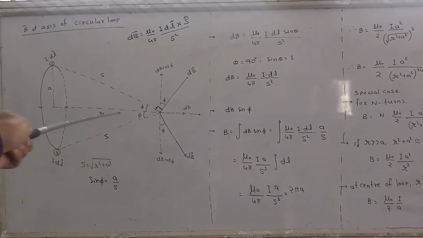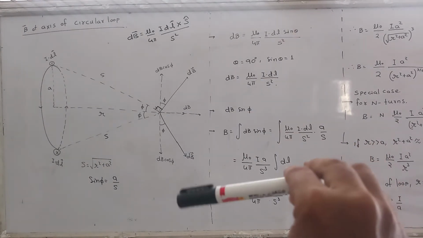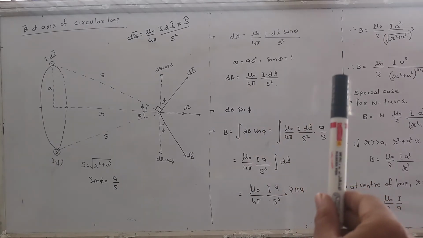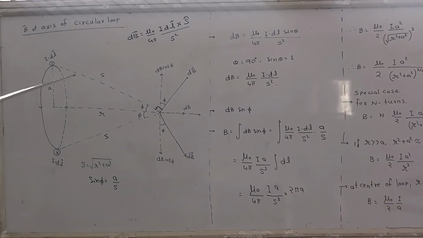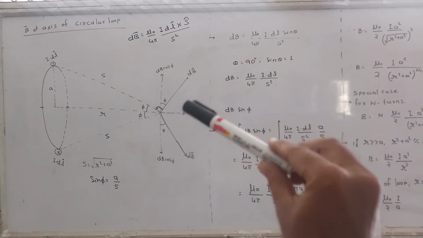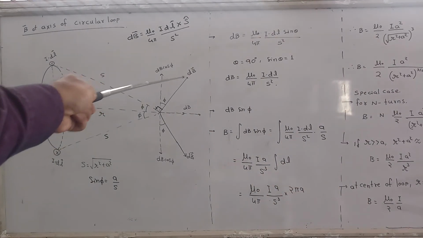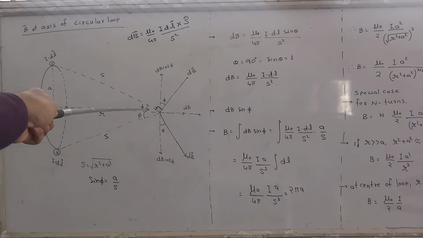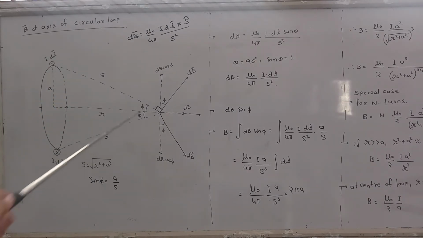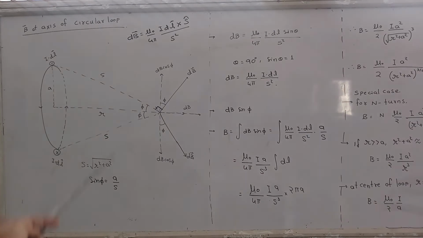Now how does this happen? If I move a horizontal line by 90 degrees, what do I get? I get a vertical line. Again, I am moving S by 90 degrees. Can you see this is S? I am moving it by 90 degrees. What do I get? I get dB, because the angle between S and dB is 90 degrees. So, if I turn both the lines by the same angle, then the angle between these two lines is not going to change.